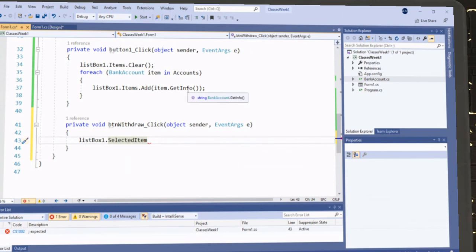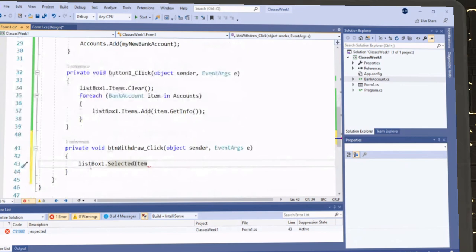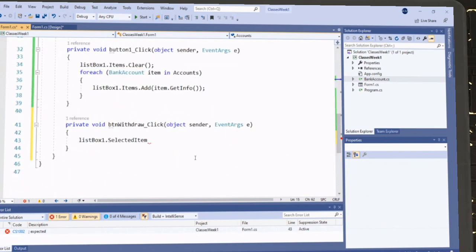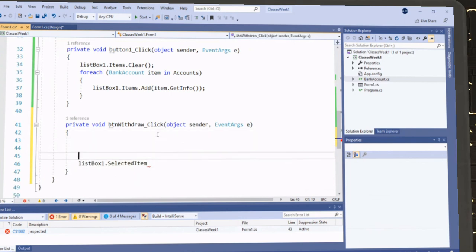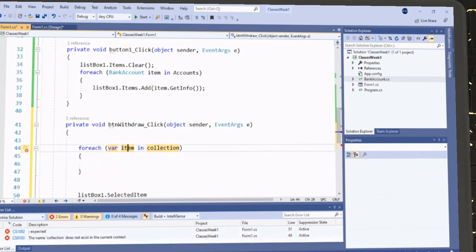okay, now we are sending a string to the items. No, yeah, I usually send an object to the items, to the list box. So now we have to go through all of those accounts in the list to see which one is the account we are selecting first before we withdraw the money from it. And to do that, we need a for each. For each var item in accounts, I would say if